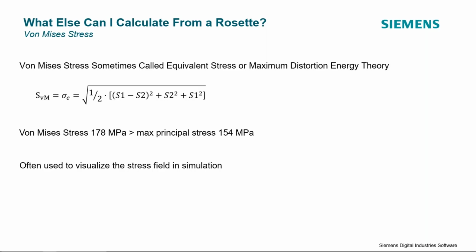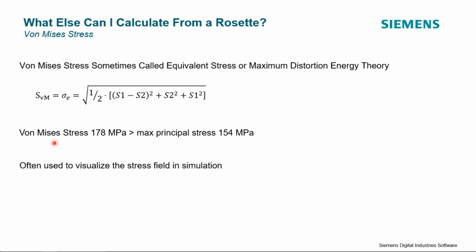And so if I have a part, I might calculate the von Mises stress at multiple locations, and I might compare that to the yield strength of the material. If my von Mises stress is below the yield strength, I feel somewhat confident that I've designed the part such that it won't go plastic. This is also a really nice way of reducing our stress or strain tensor, in this case the stress tensor, to a single number value. And we often use the von Mises stress to visualize the stress field on an object in a simulation.